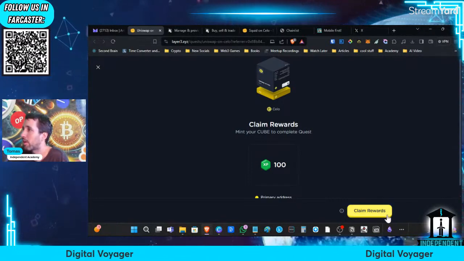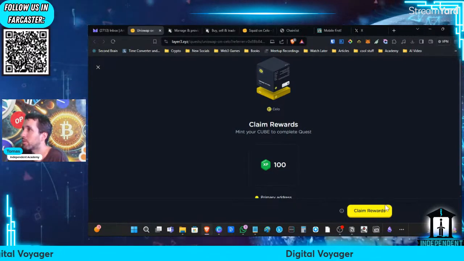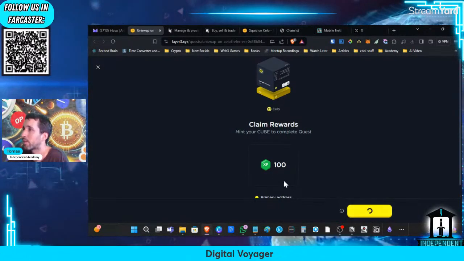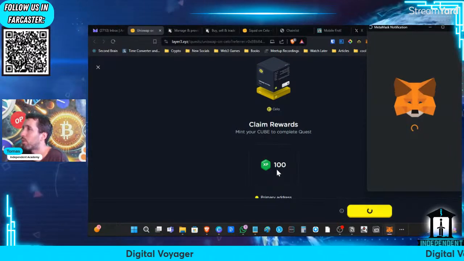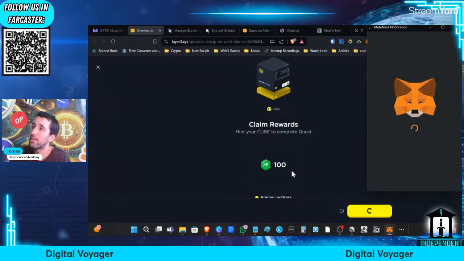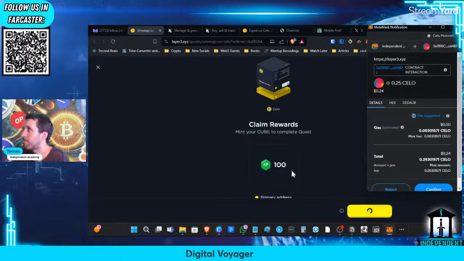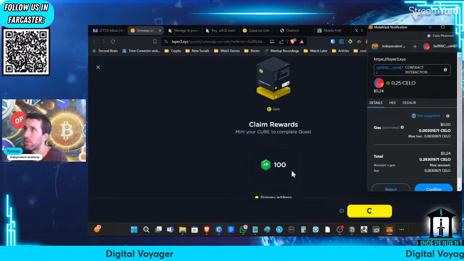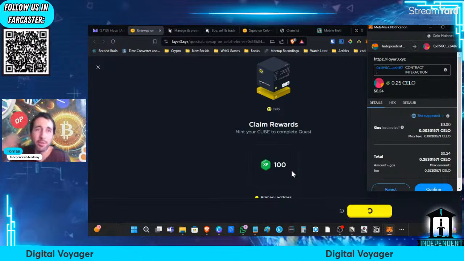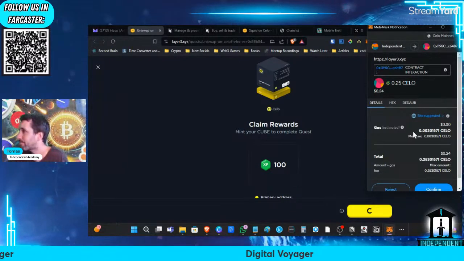We're going to claim our 100 experience, and I think we're going to get one of the cubes that we can mint on the CELO blockchain, and then we can keep that as an on-chain register that we actually completed all these quests.